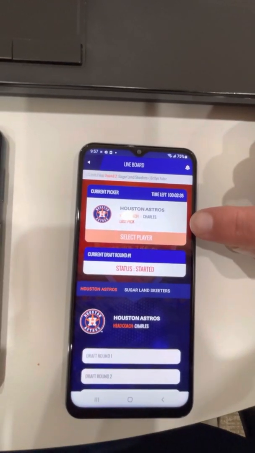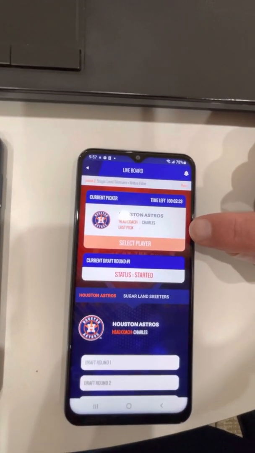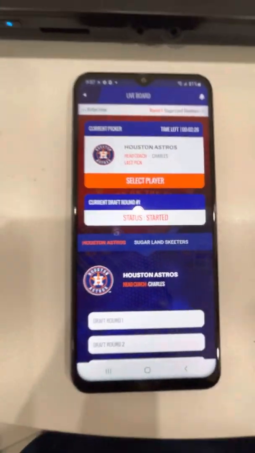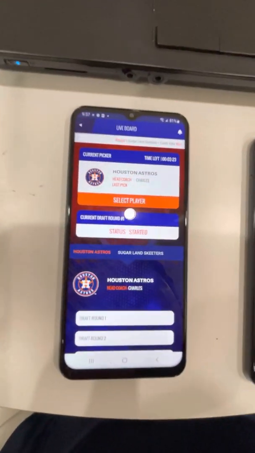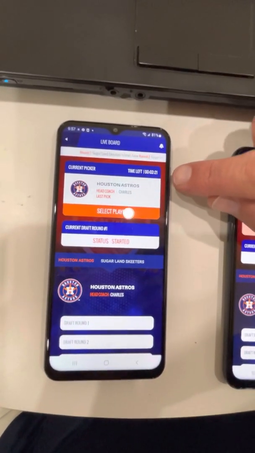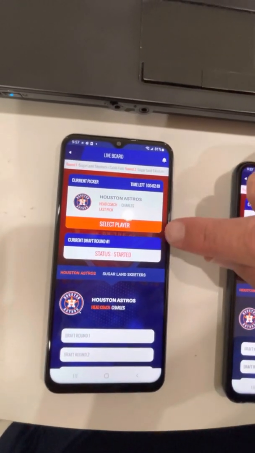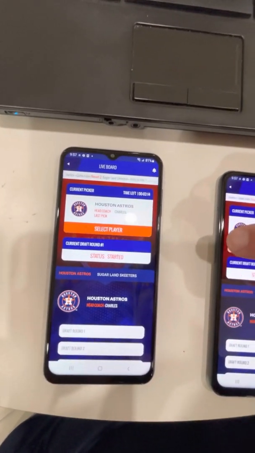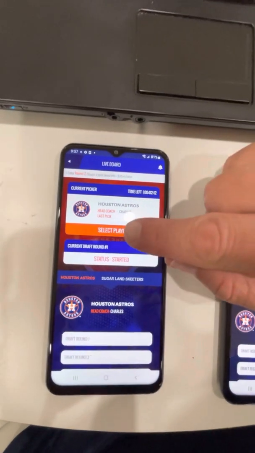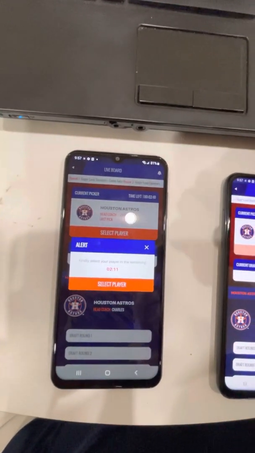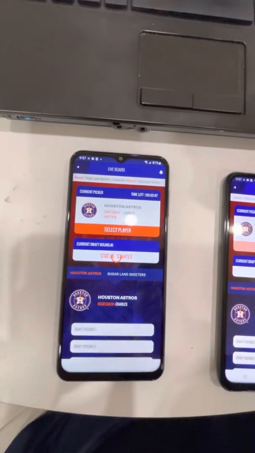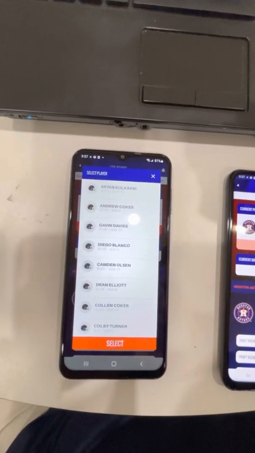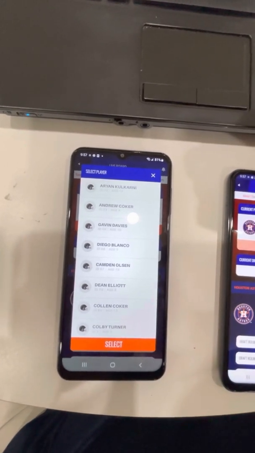The clock is clicking down, and the Houston Astros are on the clock to make their first selection. So we'll move over to the Houston Astros head coach's phone here, and notice it's saying, hey, your clock is ticking, and you need to make your selection. You are on the clock. So we're going to say, okay, we're ready to make our selection. We're going to say select player, and it's telling us you got 2 minutes left to select your player, and we're saying, okay, give us the player list to select from,